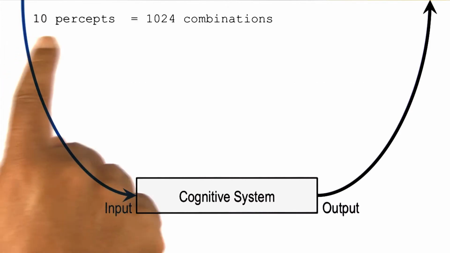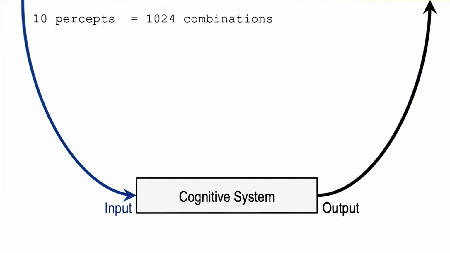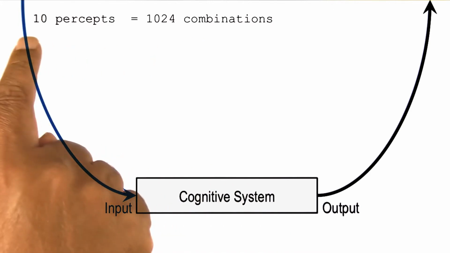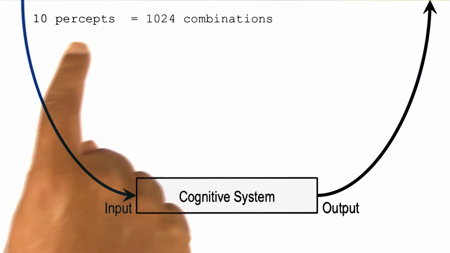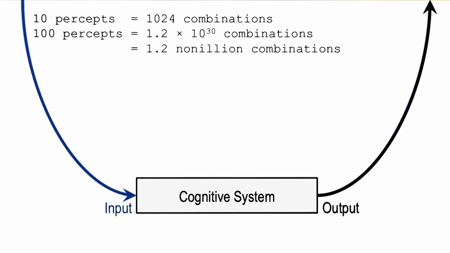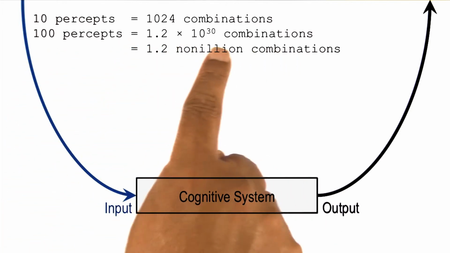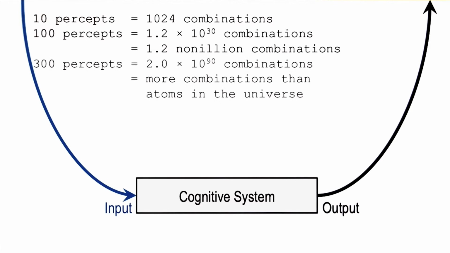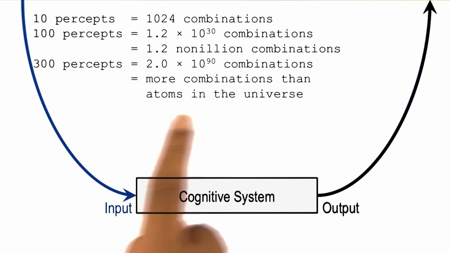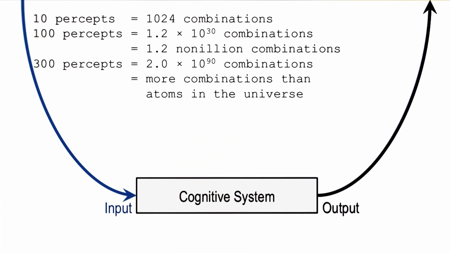So imagine there are only 10 percepts in the immediate environment. I'm looking at an animal and there are, let's say, 10 percepts that I'm paying attention to. Then 2 to the power 10, the number of combinations of percepts, is 1024. I'm using 2 to the power 10 here because I'm assuming that each percept has a binary value. If I had 100 percepts, because I was not looking at one animal but at a scene of animals, then I would have a much larger number of combinations. And if I had something like 300 percepts, which is still not a very large number, the number of combinations is a very large number, more than the number of atoms in the universe.